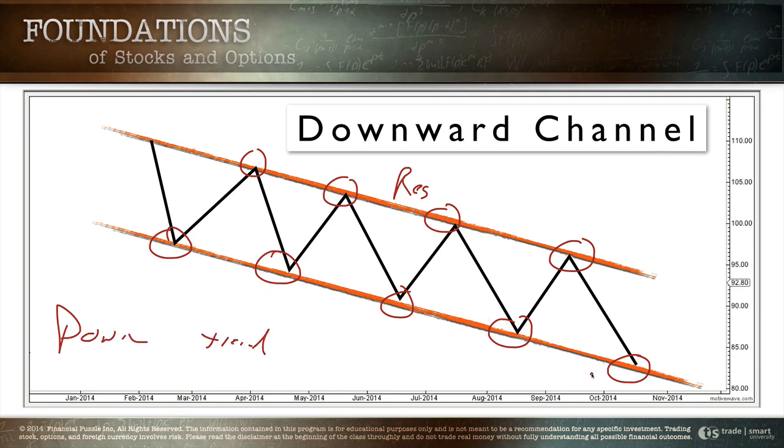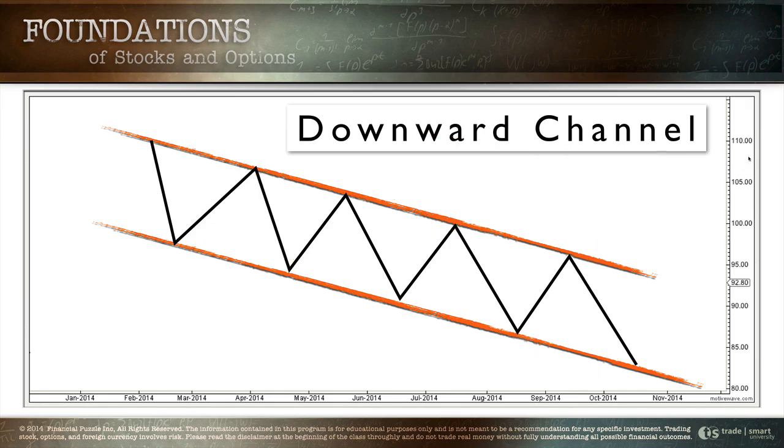Lower highs and lower lows, definition of a downtrend. And we're moving between support and resistance. We've got a channel. We've got ourselves a downward channel. Chris, how do you think you would profit if you're going to trade a downward channel? Well, if we're going to trade a downward channel, it really goes like this. You never buy the dip. You only short the rally. You short as soon as you hit your resistance and you turn down.